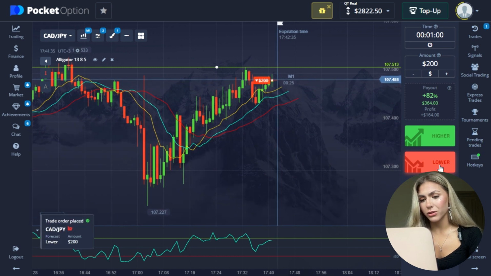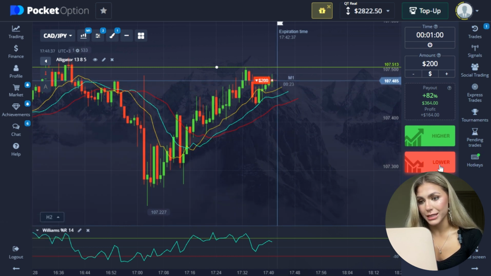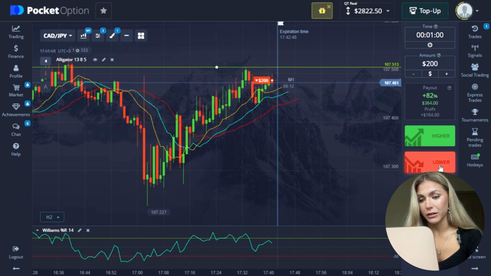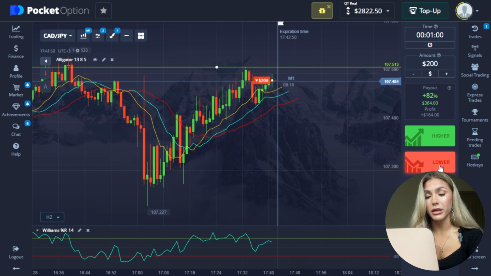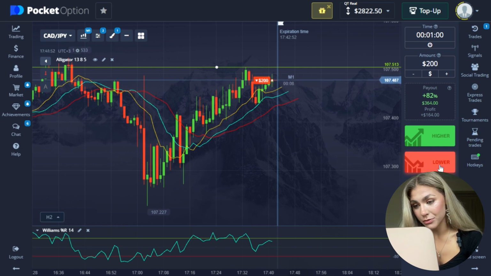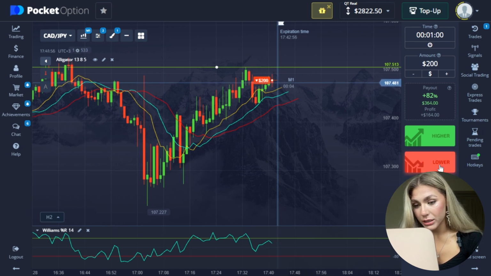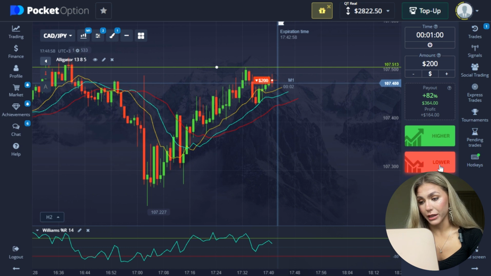Meanwhile, I'm thinking about opening a sell trade, which I just did. And the Williams indicator signals showing a trend reversal towards a downward direction instigated this decision. Also, the chart formed a morning star, a candle pattern with a small body and long shadows on both ends. So, here's what's going on. We're witnessing a prolonged upward trend by the Alligator,